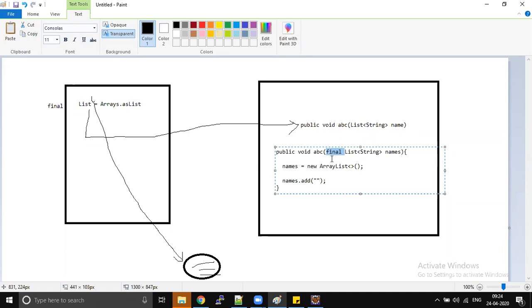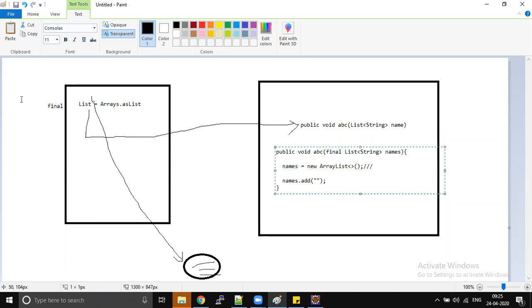Most of the frameworks, if you open the Spring framework or any Java framework, most of the times they mark it as final because their intention is not to modify, but to use it for reading purposes. If you want to modify the internal data, you can, but don't modify the complete object itself. Here we are completely changing the names; whatever names are present in this variable will all be lost, and we are assigning new data. That is not a good practice. To avoid these kinds of problems, mark it as final.